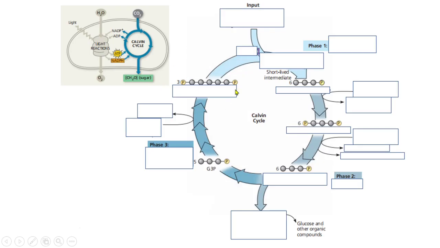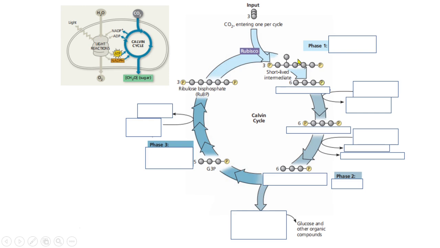So this one is what we call ribulose 1,5-bisphosphate, and then what is the input? It is carbon dioxide, 3 molecules of this. What's the name of the enzyme? It is Rubisco. So this 5-carbon now becomes a 6-carbon short-lived molecule, which will be cut in half to produce